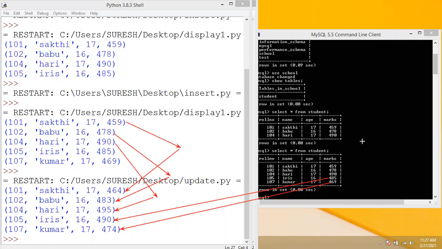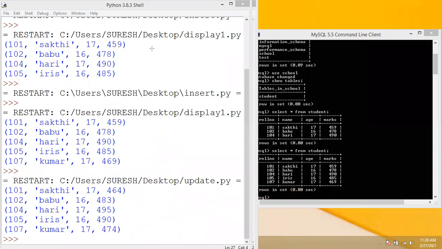And for your board practical also, we have two programs: one from normal Python and one from MySQL with Python connectivity. You have to create a table in MySQL and do this program to connect Python to the database. You can display all the records on the Python screen. Everyone understood? Yes, sir.